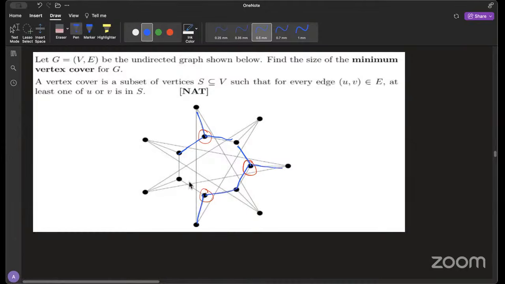This is covered. This is covered. And this is covered. So far, all of these are covered. Then the left ones are these. So we want this vertex to be included in the vertex cover as well. Then